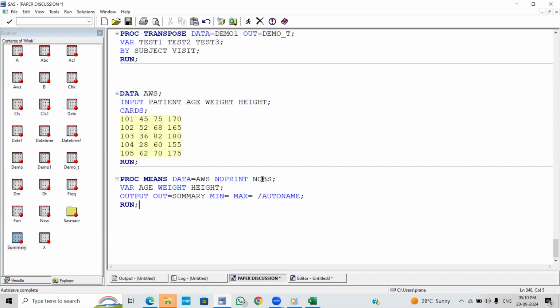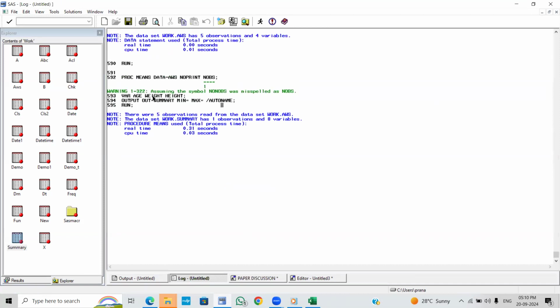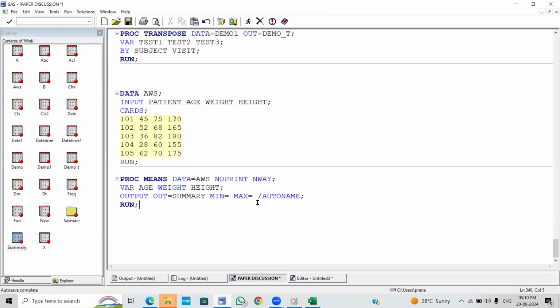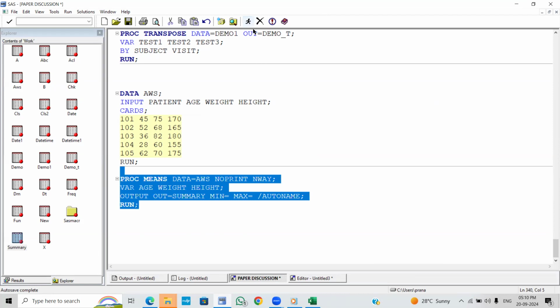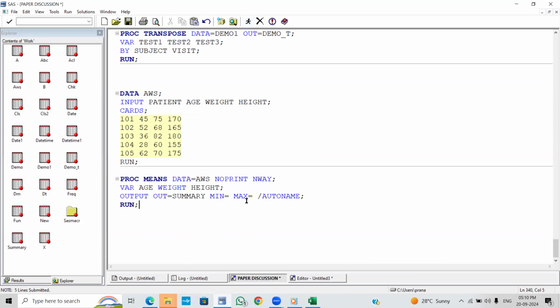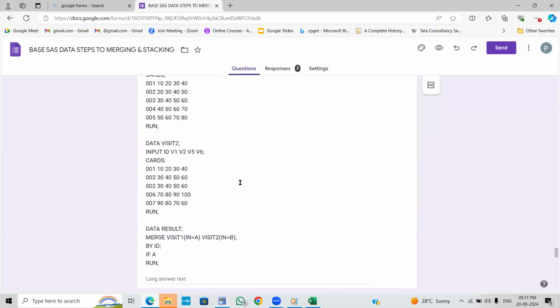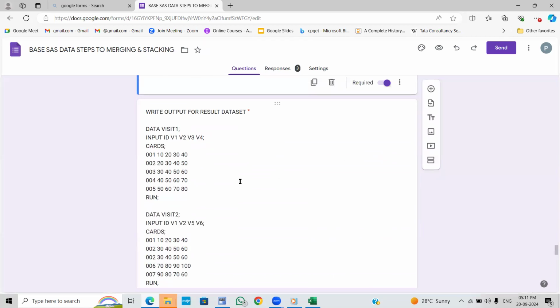So here, what should we give in the place of NOBS? Mistakenly given NOBS. So we have to give N, right? You can see here, the log says the symbolic NOBS was not resolved. So here we have to give N, there is no NOBS option. So any doubt in this properly? No. So next we have